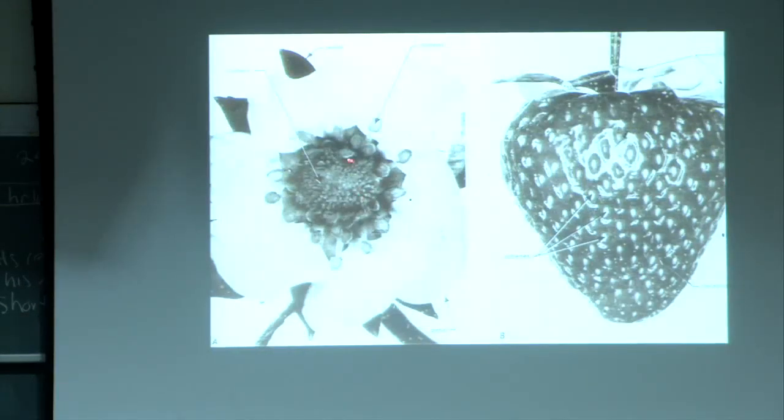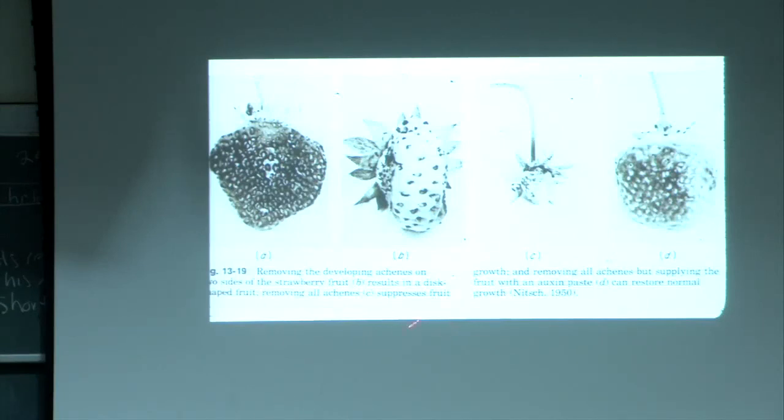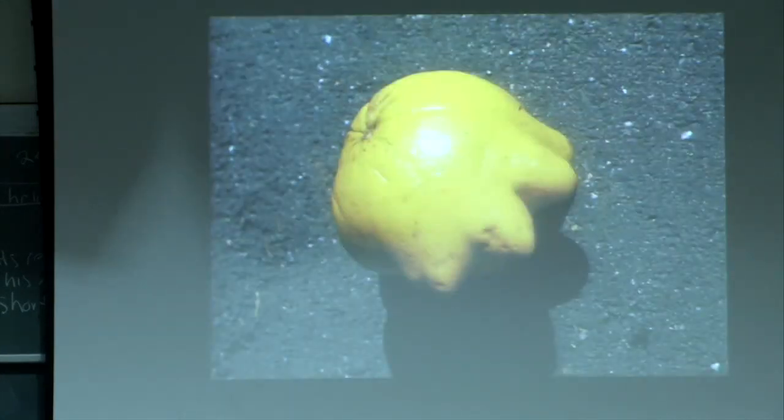Here's our strawberry. Here is the receptacle when it is very tiny, and after fertilization occurs, each of these structures develops into a single-seeded fruit, making auxin, causing the receptacle to enlarge. And here are the experiments which were done. If the single-seeded fruits are taken off, you can cause the strawberry to develop any shape you want. If you take them all off when the receptacle is small, you get a very tiny strawberry, but if you spray the strawberry with auxin, you can get it to enlarge into a strawberry without seeds on it.